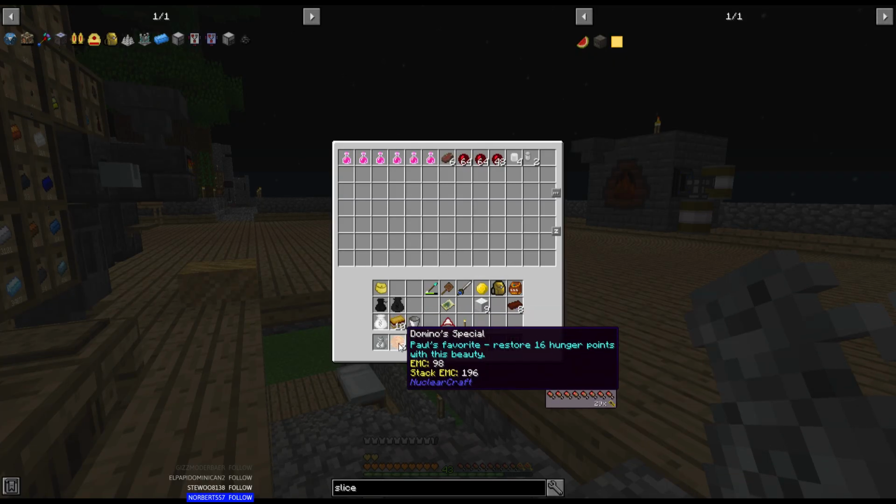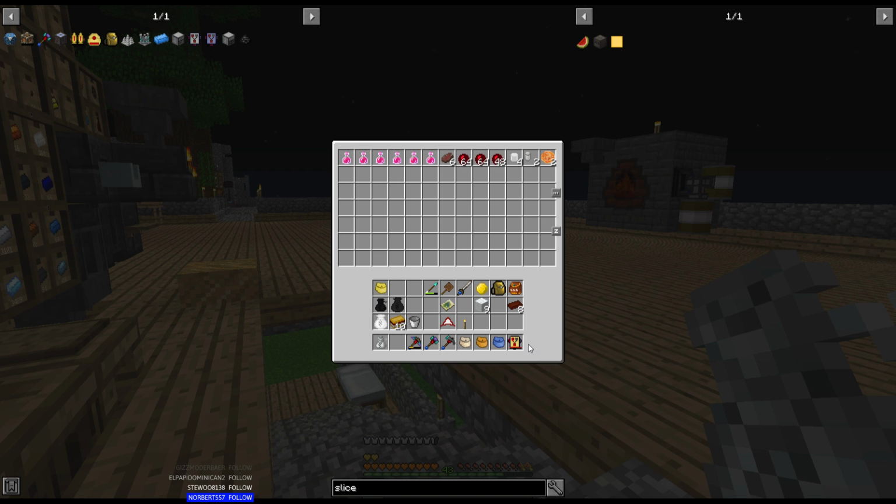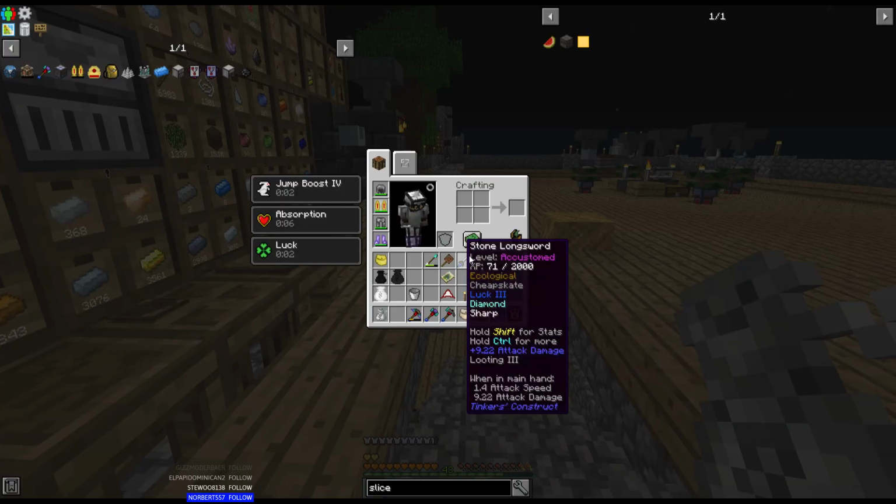Okay, let's put food and consumables. This white bag, wait, you can put the white bag inside of itself. That's a little scary that you can put the bag inside of itself. I have to ask about that